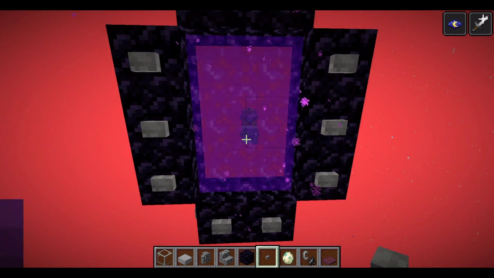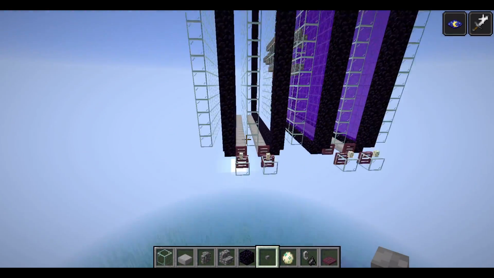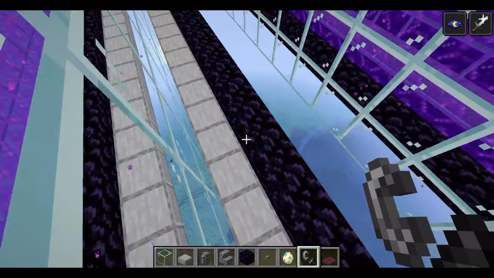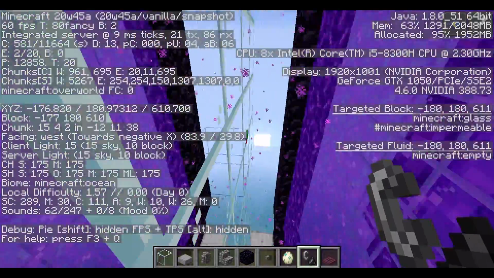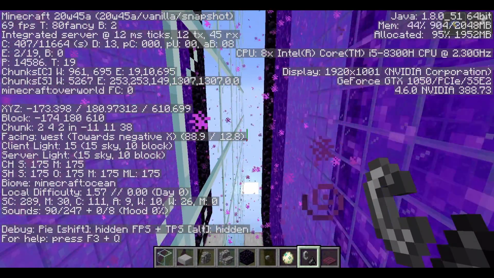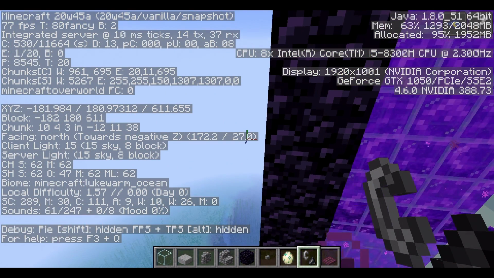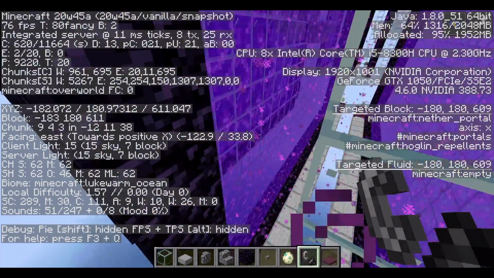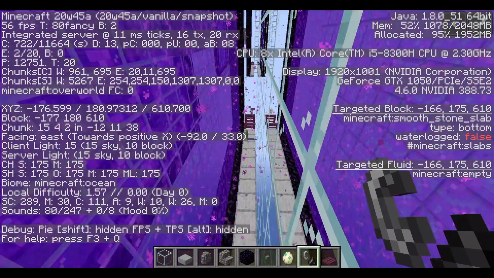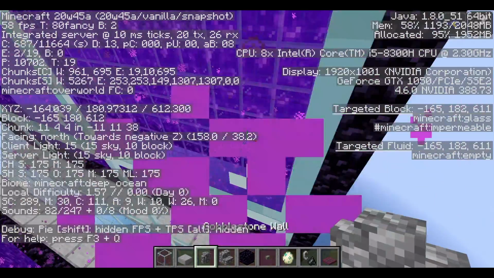So I'll show you how it works exactly. I'll go to the first one, as I've already built the destruction chamber for that. I'll keep making up new names for it. So I'm right here, so if you see my coordinates right now, I'm at x minus 181 to 2, and I'm at z 610. So if I go through the portal,